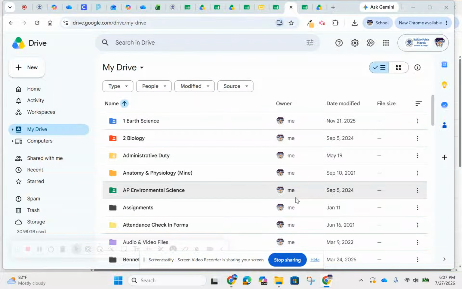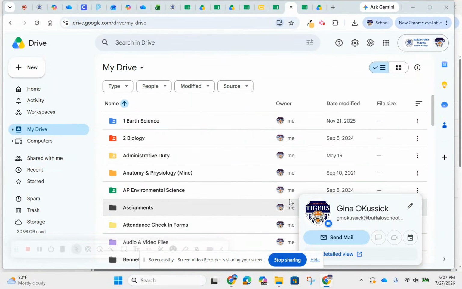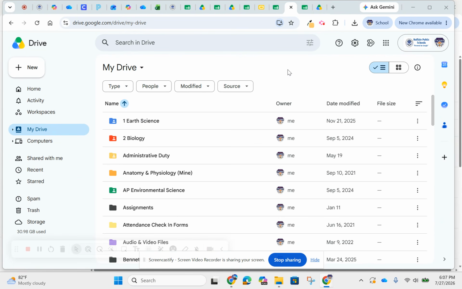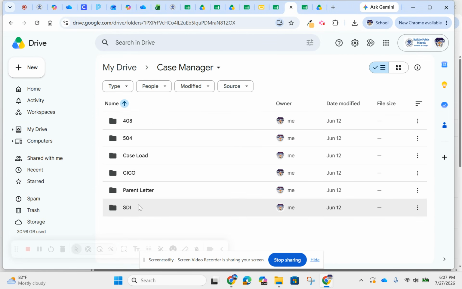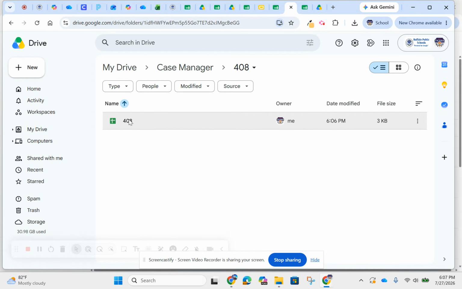Okay, so when it comes time to share your 408 and put it onto your caseload spreadsheet, you're going to come right over here to your drive. You're going to go to your case manager folder, go to your 408. Now, you could do one of two things. You can open it up. So let's say you want to open it up,